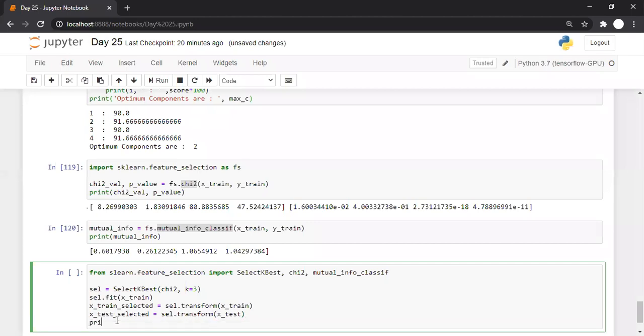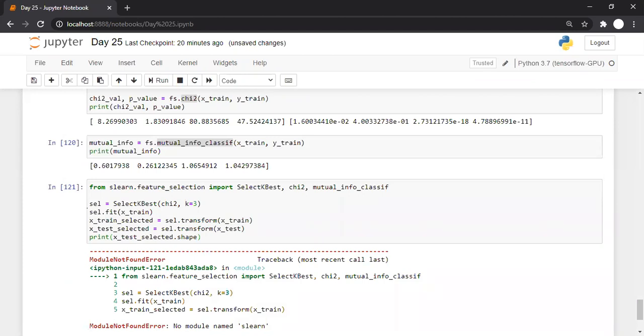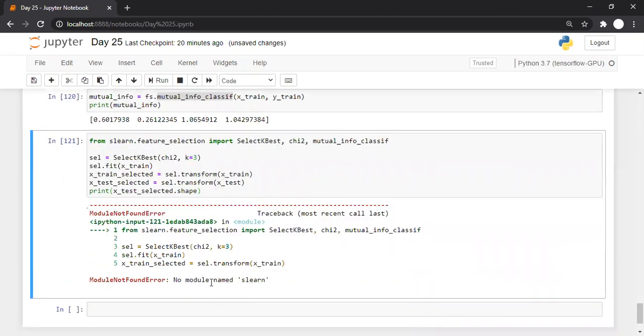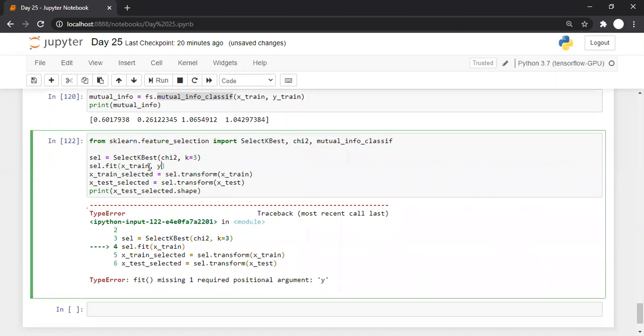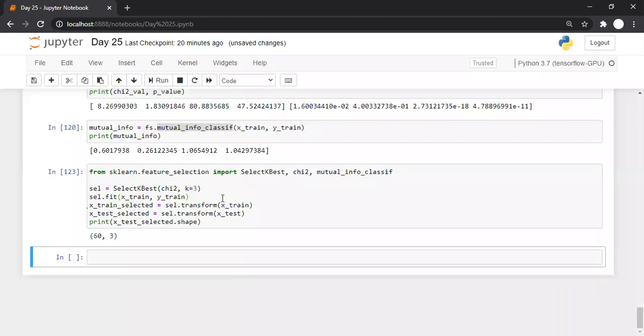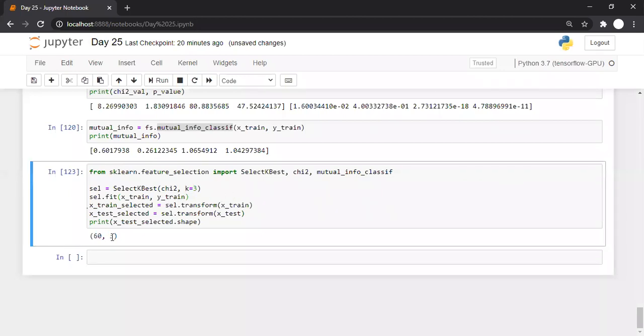Now let us check the dimensionality of x_test_selected.shape. There is some mistake: I forgot an argument. For fit I must supply y_train also, because that is where we get the label values. So 60 rows and 3 columns.